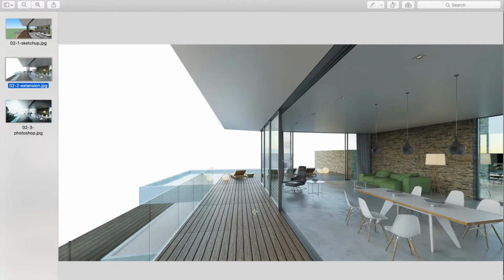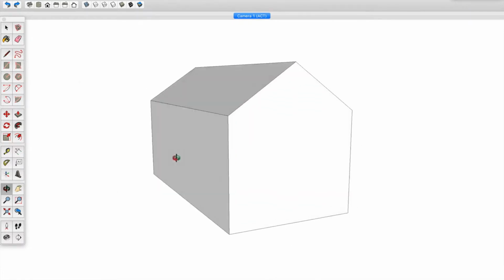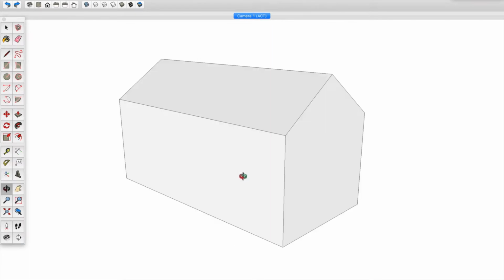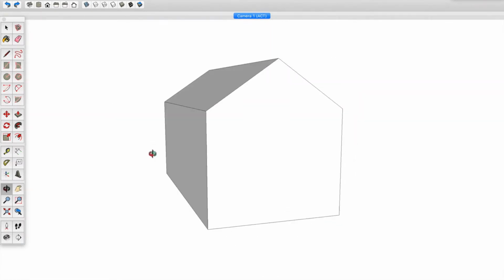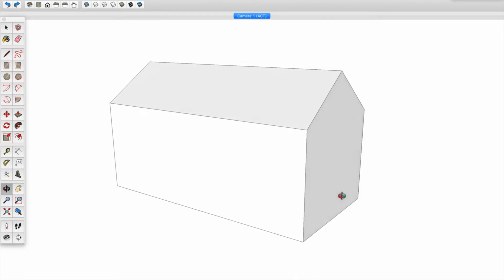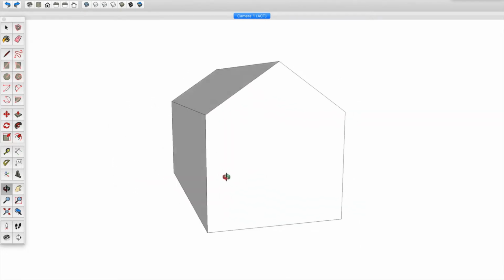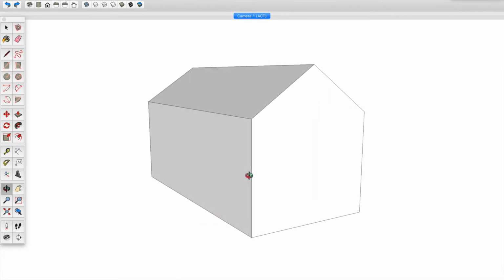I'm going to flip to a SketchUp model to try to highlight what ray tracing is. So this is a SketchUp model, a very, very basic SketchUp model of a house. And in SketchUp, you have a concept of direct sunlight. Right now I don't have any shadows turned on, so we don't really have the direct sunlight happening. But as I'm orbiting around, this face here looks kind of one shade of white, but if I orbit to the side here, it looks an entirely different shade of white,